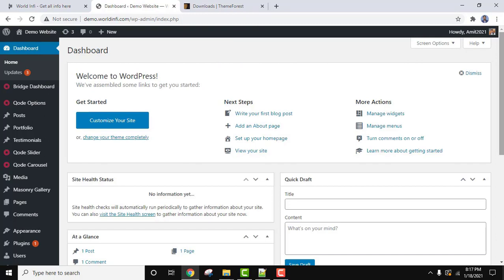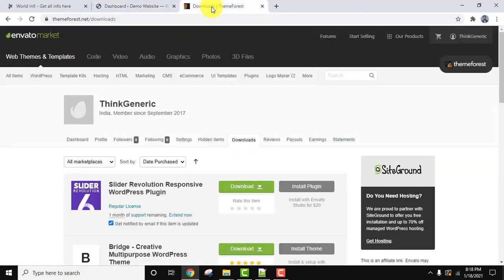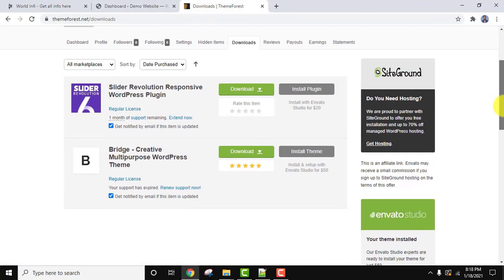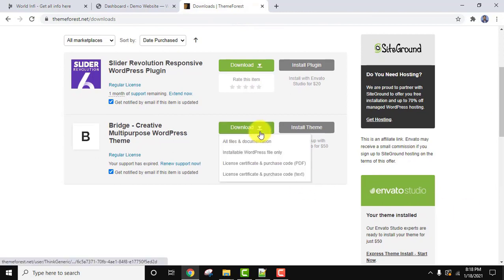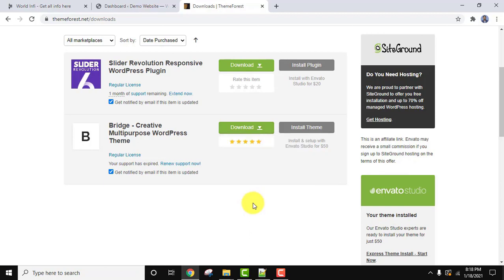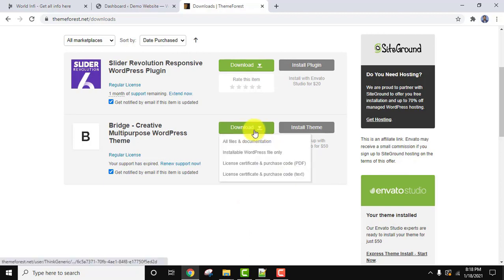So guys, now we will see how we can import demo content for our Bridge theme. We have installed Bridge theme on our WordPress website. Okay guys, so before that you need to register your theme. If you remember, we downloaded it. Here was the page wherein we downloaded by clicking here because we paid for it. Now we need the purchase code for it. So here it is. Every theme will have a unique code and you can use it only on a single website.